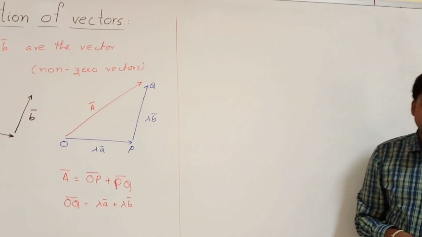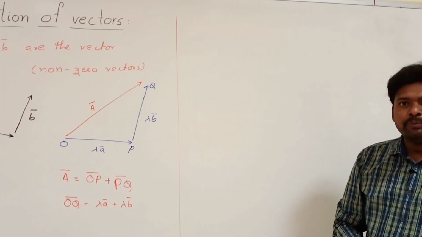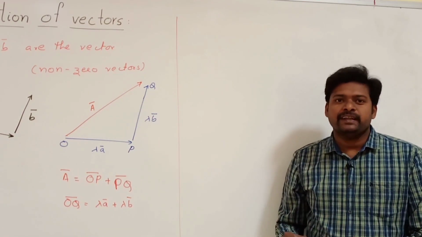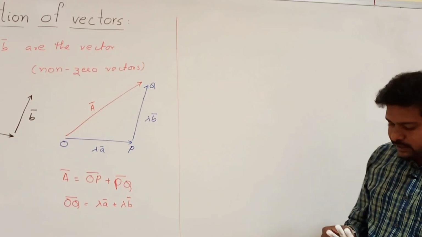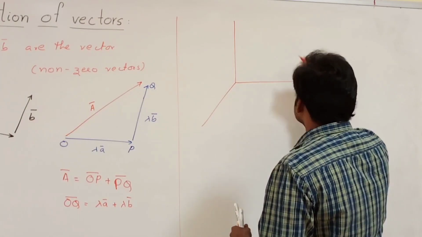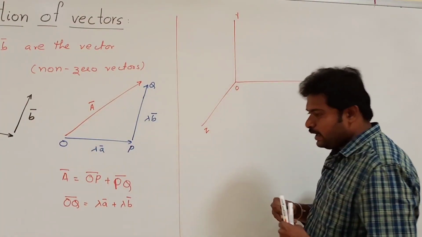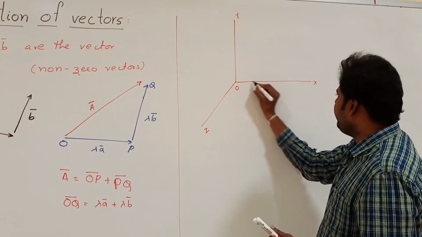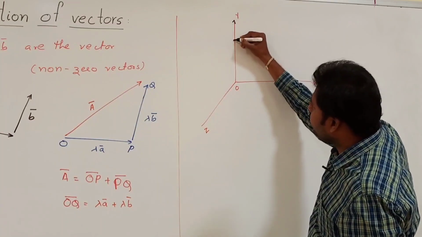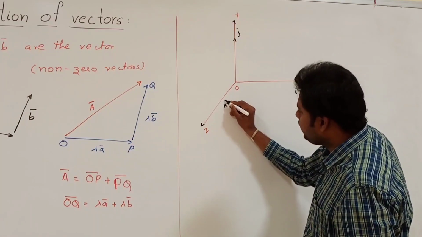Now, to represent a vector and its direction, we use the concept of unit vectors. Unit means 1. A unit vector has a magnitude 1 and points in a specified direction. Let's say a simple coordinate axis, x-axis, y-axis, z-axis, and of course the origin. This one is pointing in the x direction. I am representing it as i, and this is exactly pointing in the y direction. I am representing it as j, and this is the z direction, k.